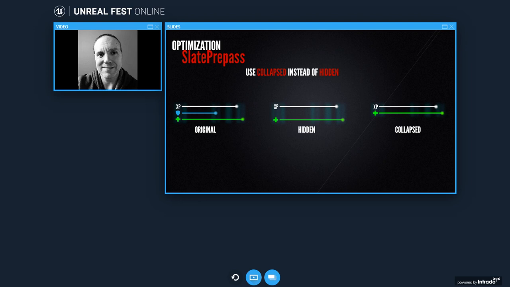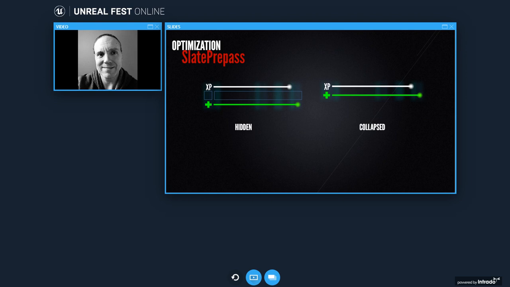So the first thing to do here is, when you're hiding a widget, you should use collapsed instead of hidden. This is because hidden widgets still have screen geometry and still influence the geometry of the widgets around them. So let's look again at my XP, shield and health bar. If we consider this is a vertical box full of widgets, the XP, the shield and the health exist in a vertical box.